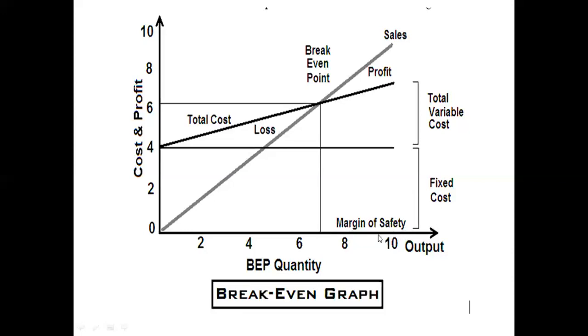Actual sale, for example, this is nothing but actual sale, and the break-even sale is considered here. The difference of these two is considered the margin of safety. It is the difference between the actual sales as well as break-even sales of any business activity. It is shown on the break-even chart as the distance between the break-even point and the output.